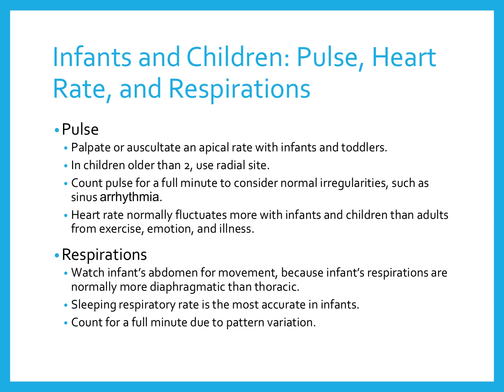Okay, let's talk about infants and children. With a pulse rate, we're going to listen with our stethoscope and get an apical pulse for infants and toddlers. With children older than 2, we can use a radial site, but it may still be easier to use the apical pulse with the stethoscope. We're going to count for one full minute, and the heart rate can fluctuate with infants and children. They're very sensitive to exercise and emotion and illnesses, so their heart rate will fluctuate a